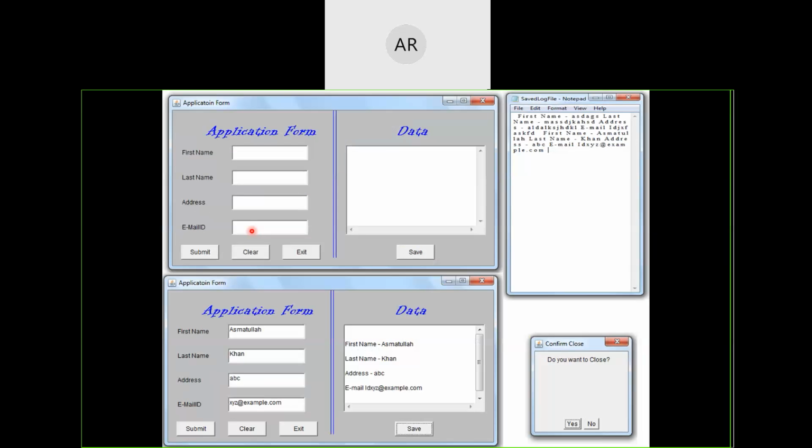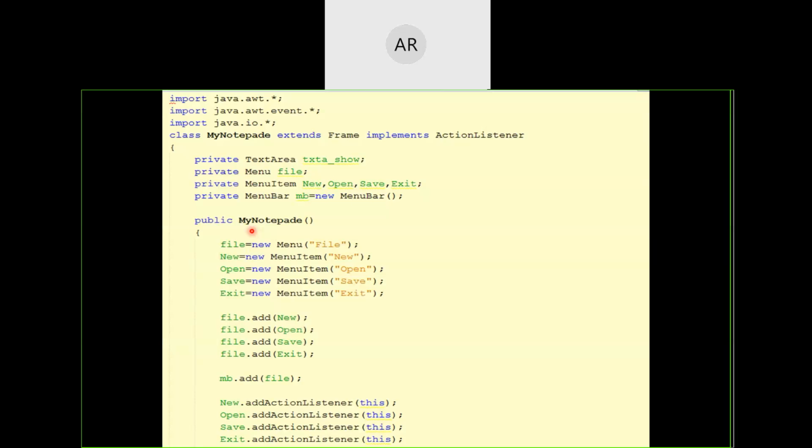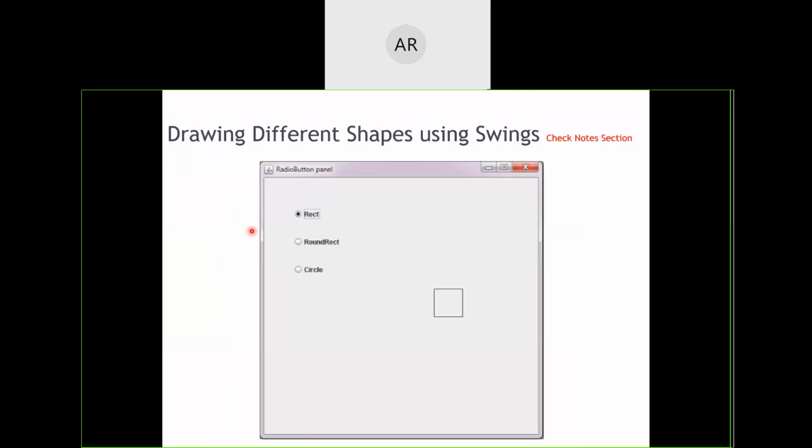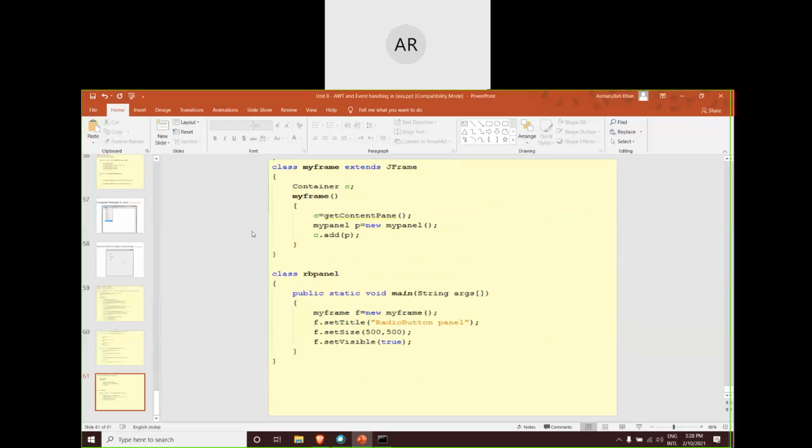AWT. It has a few features which you can go through, and this was there in your 8th unit. I hope this 8th unit will be easy for you to memorize. I have tried to put in as much stuff as possible, but due to time constraints, I cannot go ahead with each and every program and explain it to you. But I did my level best to keep as many as possible so that you can practice in your leisure time.